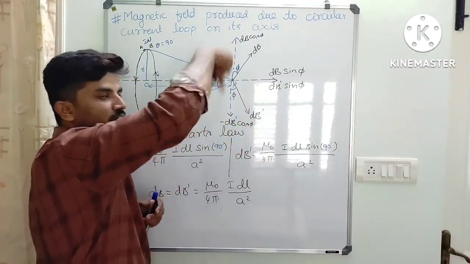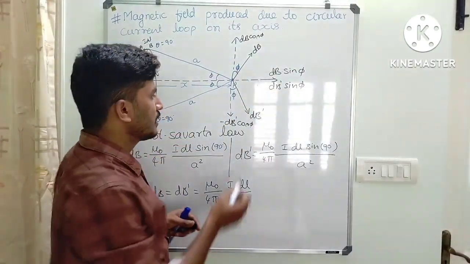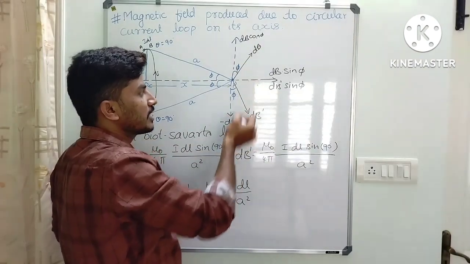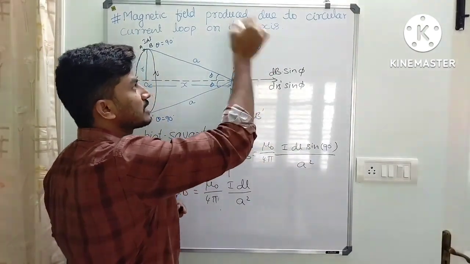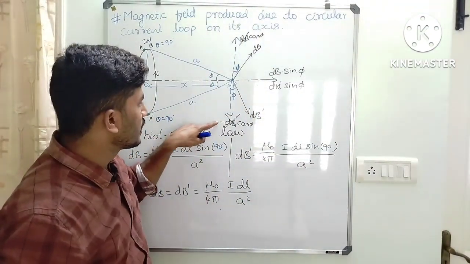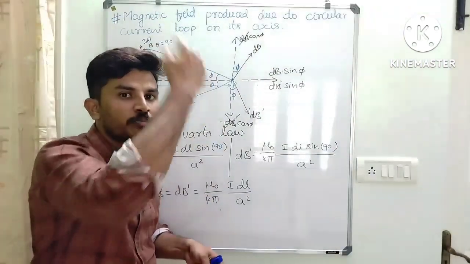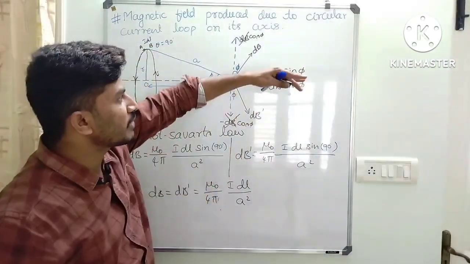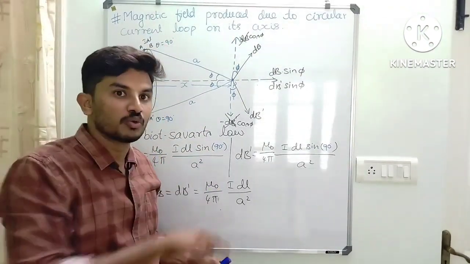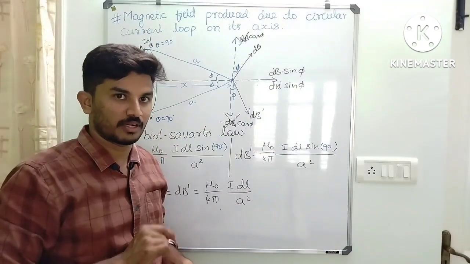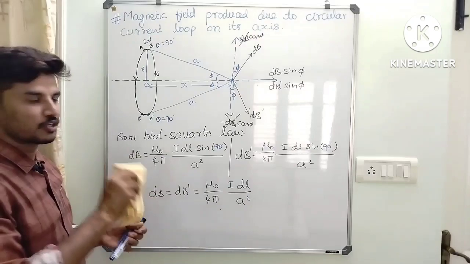Why minus? Because it is the negative y-axis, positive y-axis, positive x-axis. Here, since dB and dB dash are the same, and cos phi are the same, these two will cancel out each other. Here we have a negative dB value, here we have a positive dB value. The y components of the magnetic fields cancel each other, so we have to add up the x components of the magnetic field produced due to the whole conductor. Okay, I am going to do that now. So just pause the video and take a look at it. Later you can continue whatever I write here.